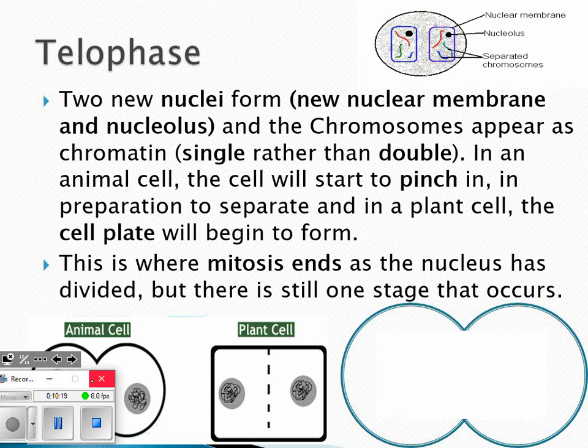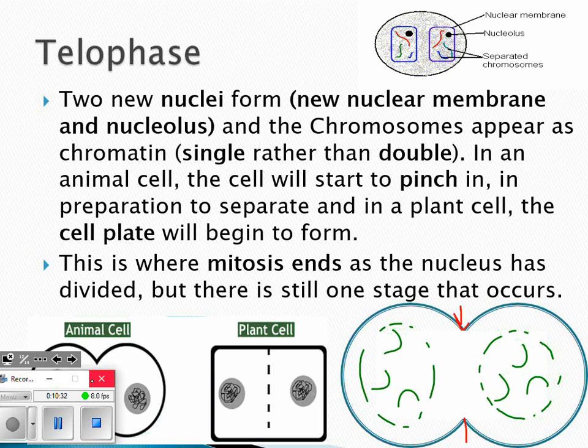Okay, in telophase, what you're going to see is you're going to start to see two new nuclei forming. So those chromosomes would be on either side of the cell. You'll see the nucleus, that nuclear membrane starting to reform, and you'll see the cell start to pinch in a little bit here. Plants and animal cells work a little differently. Animal cells, because they don't have a cell wall, will just simply pinch in and kind of pinch into two. Plant cells have to build what's called a cell plate to make that cell wall. And telophase is the last stage of mitosis. So mitosis ends,